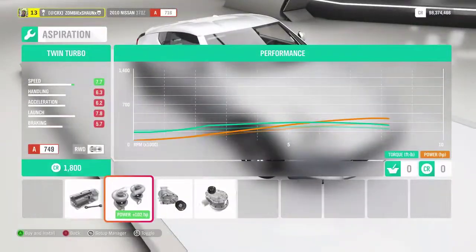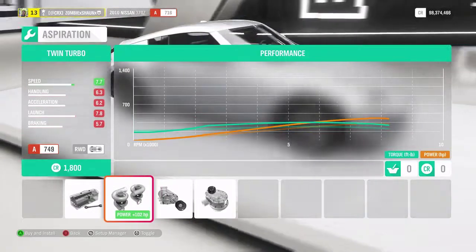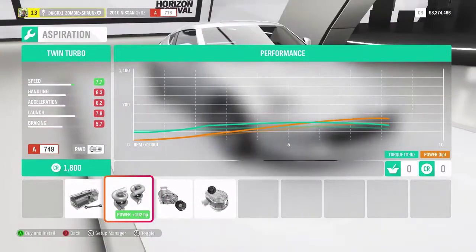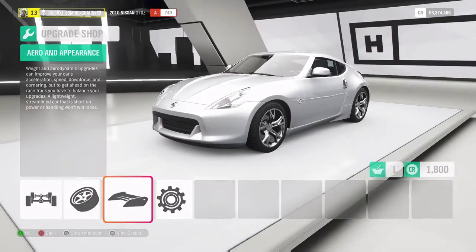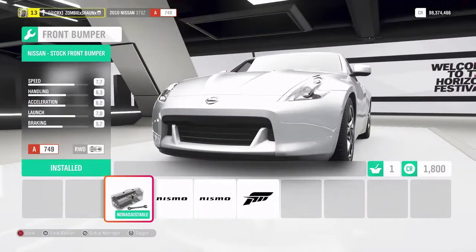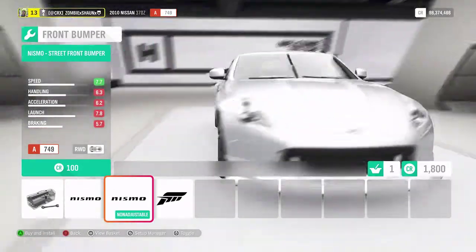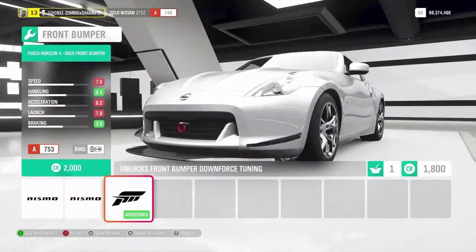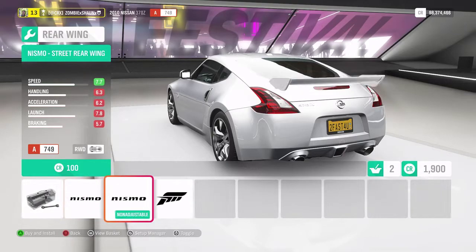First of all, I really recommend you keeping a stock engine, because that's the best engine for the car. It's fit for that car. And if it's rear wheel drive, keep it rear wheel drive. If it's all wheel drive, keep it all wheel drive, because it just ruins the car. If it's built for rear wheel drive, it's going to be hard to convert it to all wheel drive to make it like an all wheel drive drift